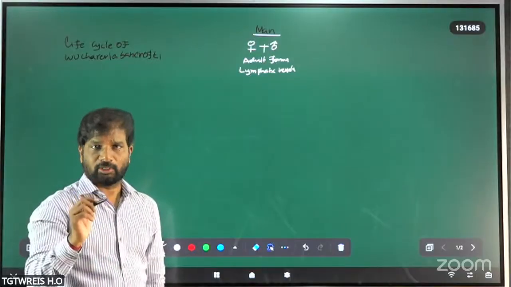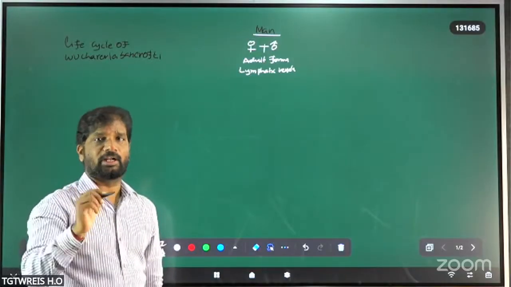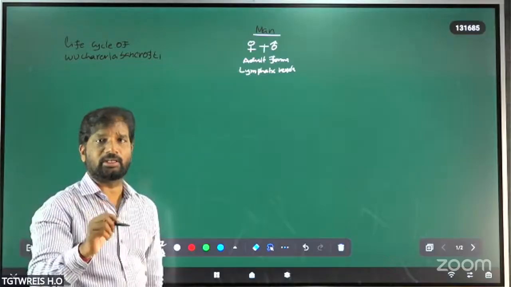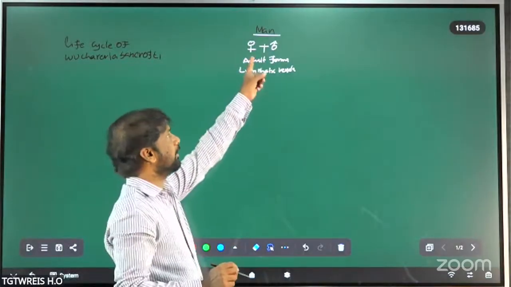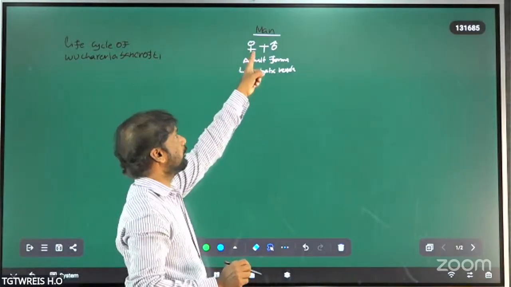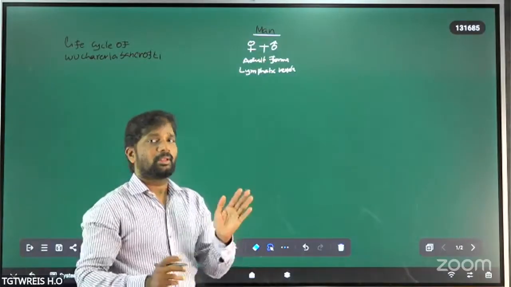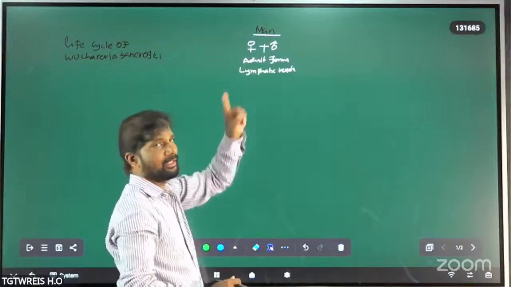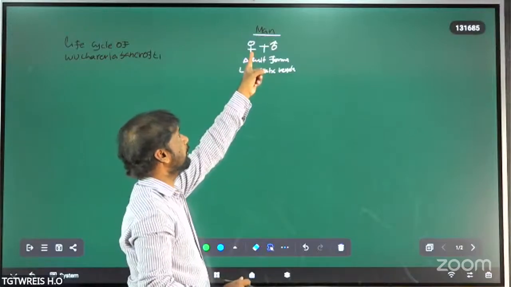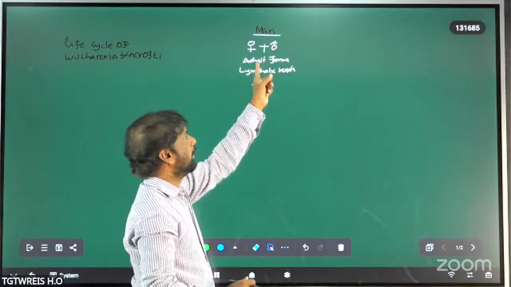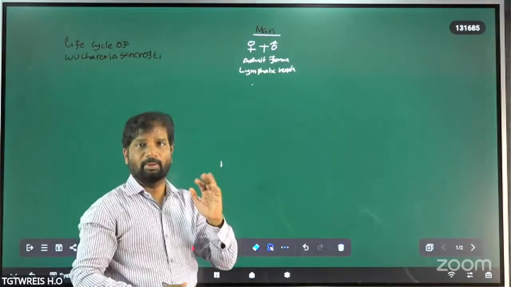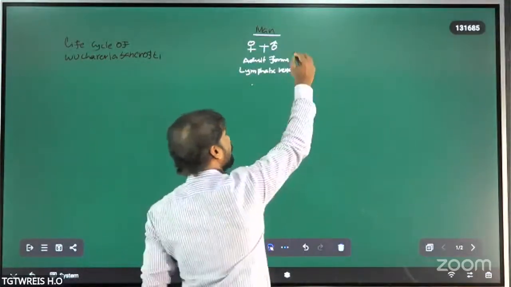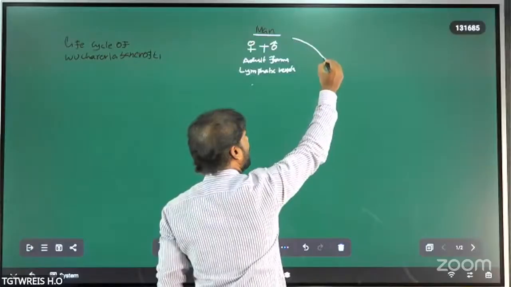When copulation takes place between this female and male adult forms of Wuchereria bancrofti, it leads to the production of